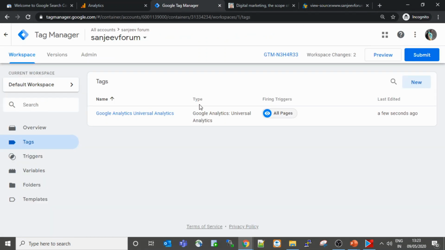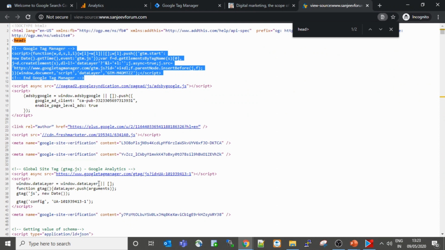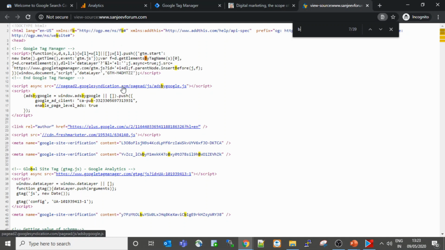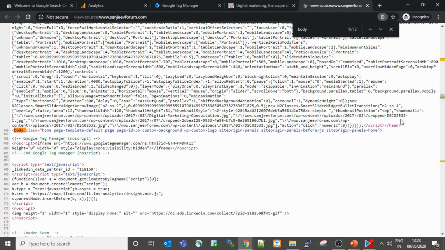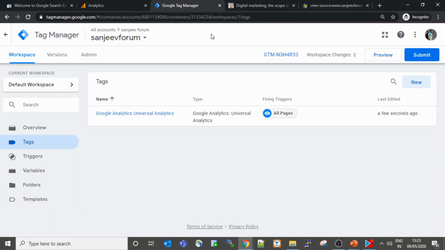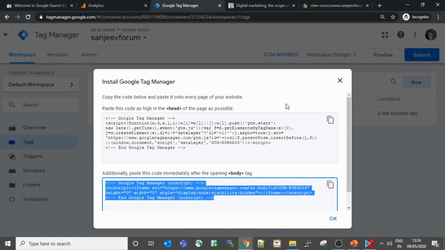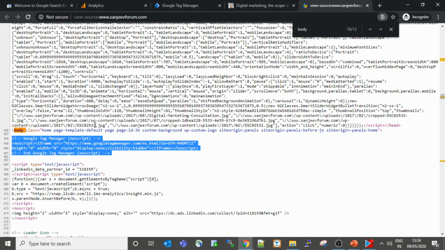And if you have created a tag over here, this code is not required now. You can just have this code and it will track all the data for you. Now, after this head, the body part starts. Can you see this code? As I already told you, you have to paste this code in the body section, at the top of the body. So it is pasted over here. All right, this is how you are going to track.